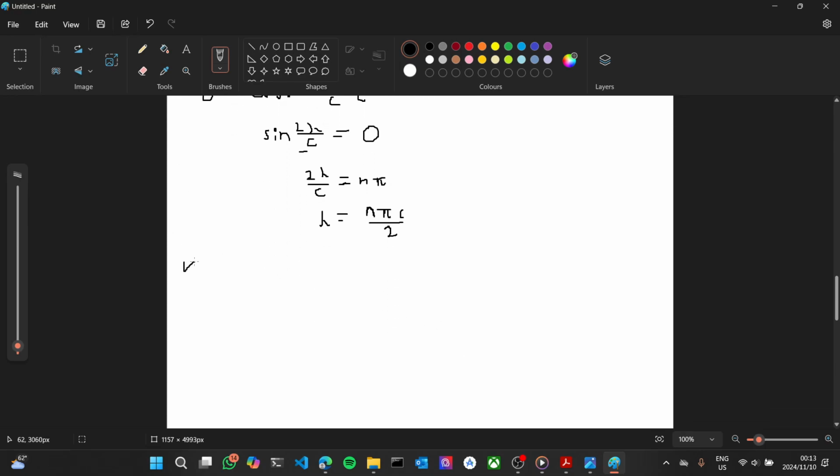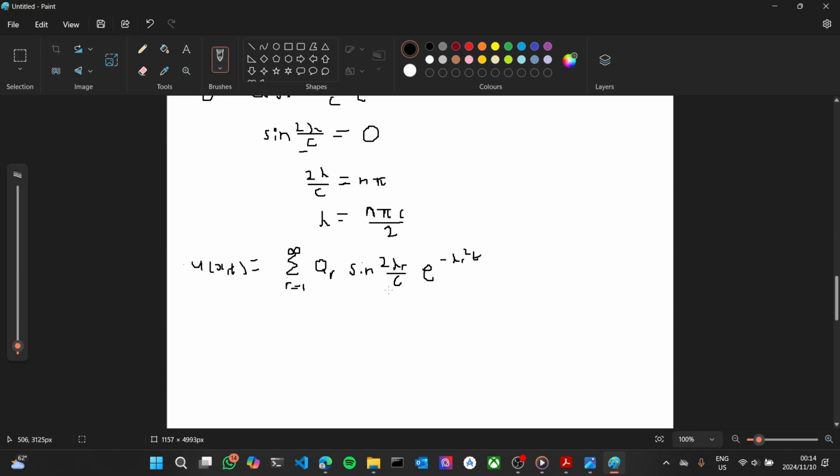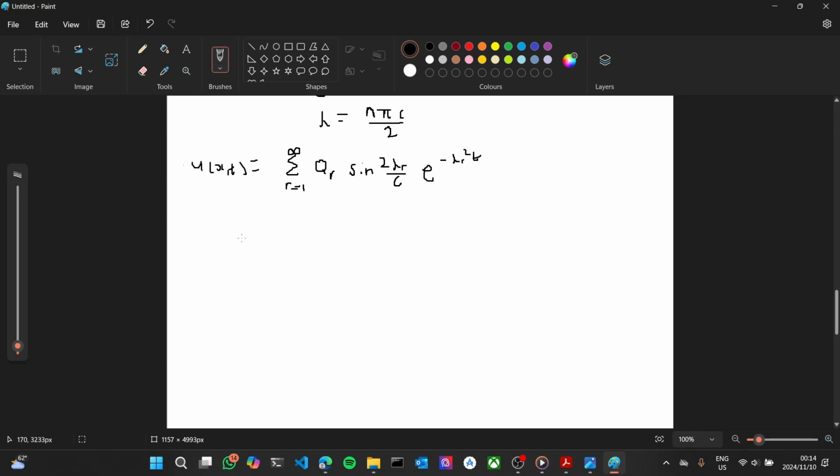Okay, so u of x and t is now equal to the infinite summation from r equal to 1 of q of r sine of 2 lambda r over c e to the minus lambda r squared t. Okay,